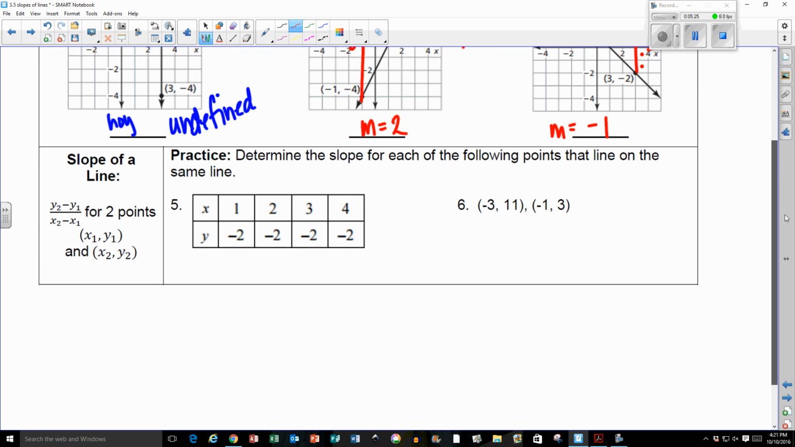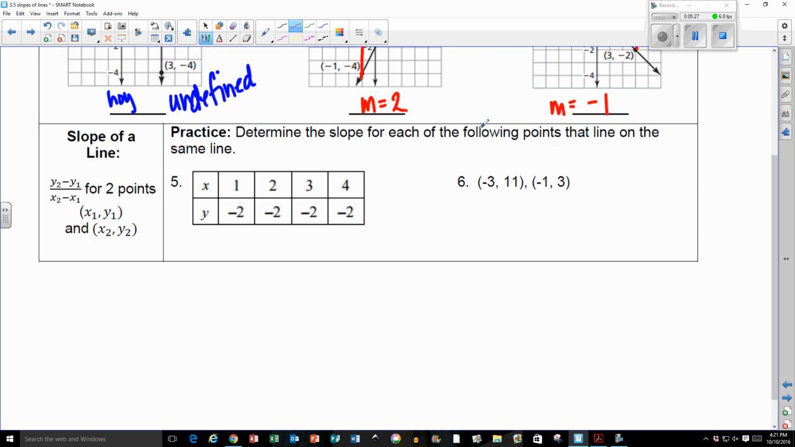All right. So let's determine the slope for these. Now, this time we're not on a grid, so we can't just count. So if they give you a table, choose 2 points. It doesn't matter which 2 you choose. Just choose 2. I'm going to choose this one and this one. So my formula is to use